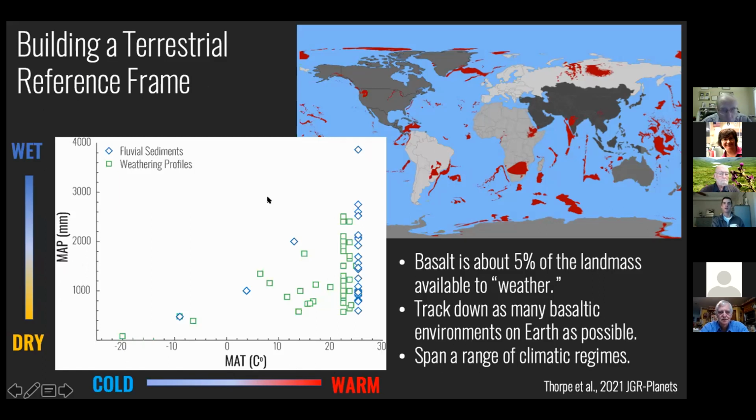And so I went across the literature as well as traveled to some places myself, and I'm looking at weathering profiles. So those are really just soils, as well as fluvial sediments. So those are just river sediments, lake sediments across the globe in different climate regimes. And I'm going to compare it to what we see on Mars to maybe give us an idea of what that Earth-like Mars looked like